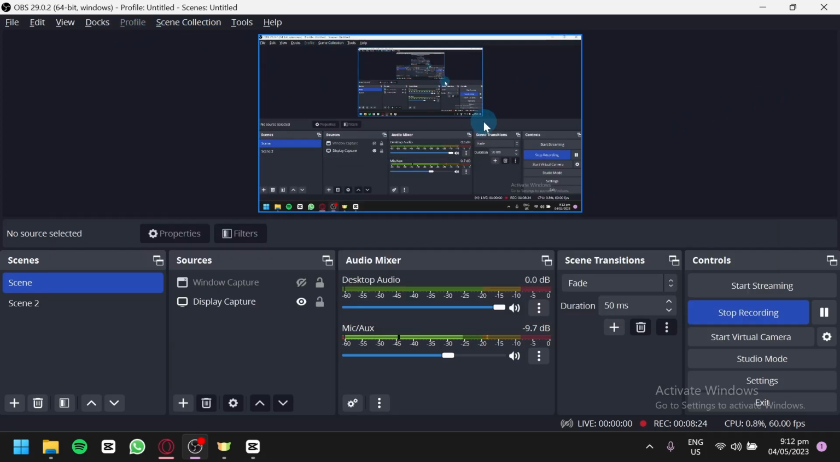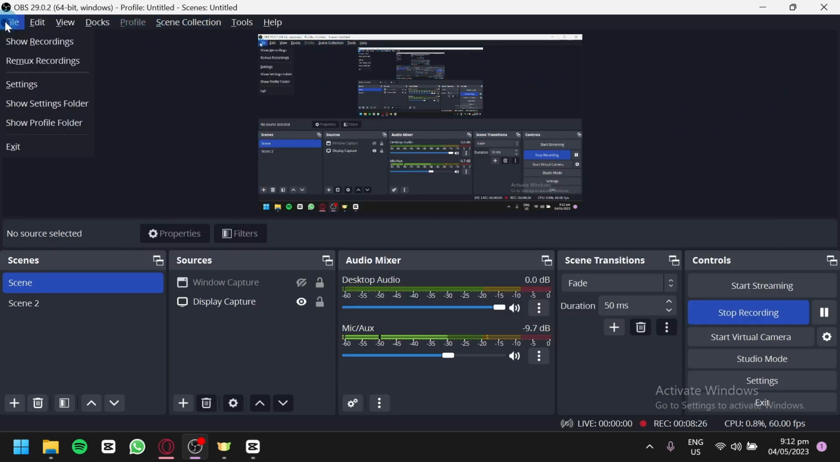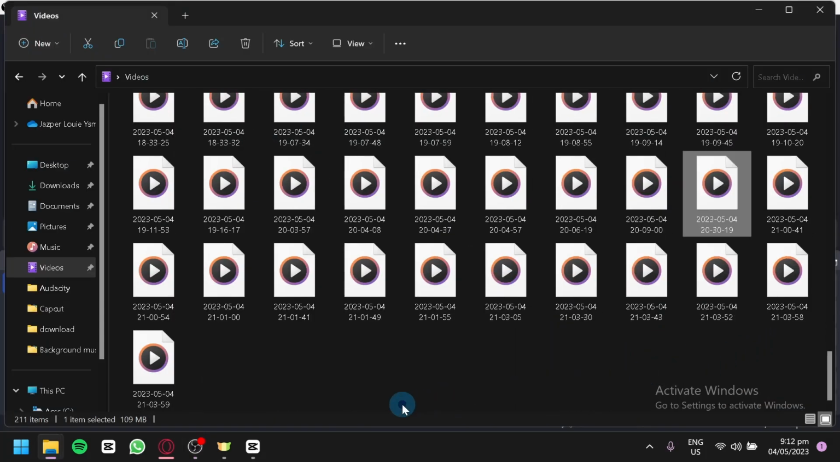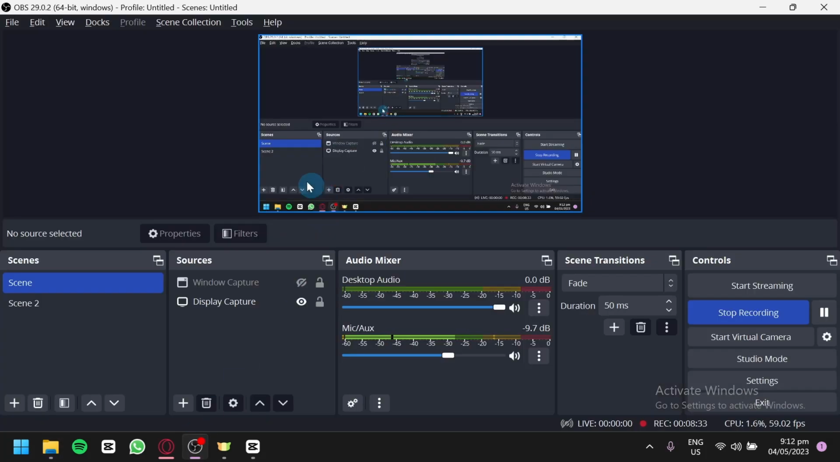If you would like to see the video that you have recorded, you can simply click on file over here, and you could click on show recordings, and you would be redirected to the file location of whatever you are recording after you stop recording over here. Now, as you can see, there is no time limit with how long we are recording. We are currently recording for 8 minutes and 42 seconds,